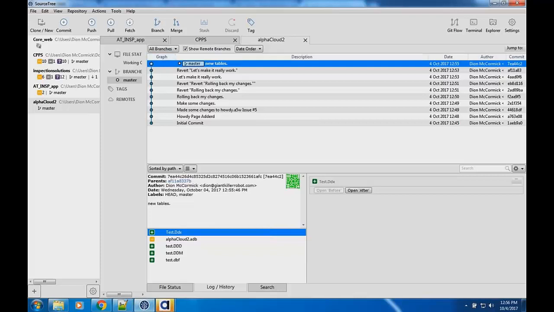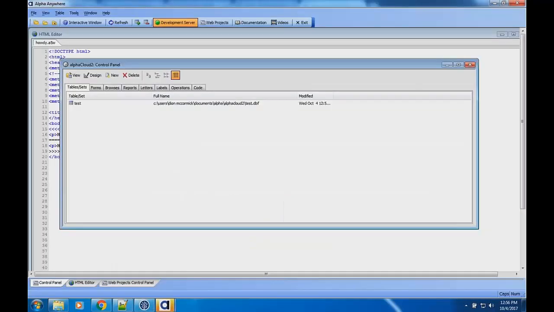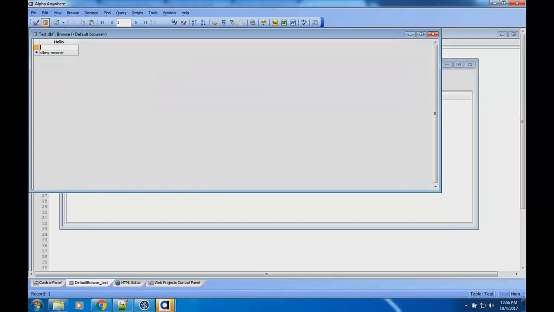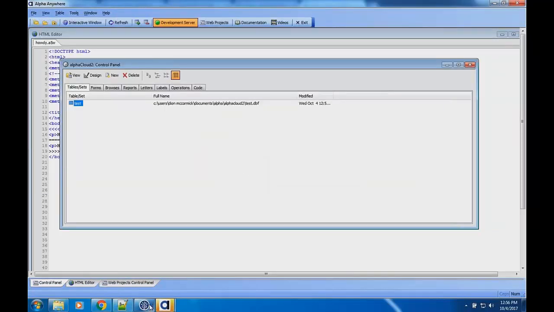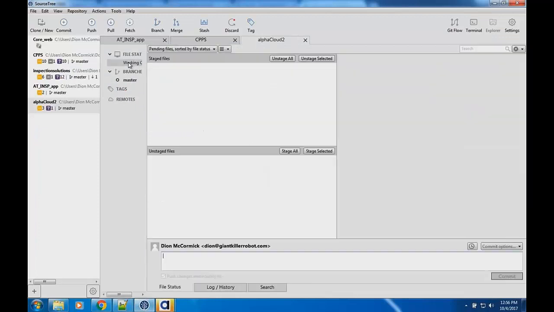In here you can say what's called ignore. So let me do a real quick change. Let's go ahead and make a modification there, test, okay, save, okay. So I go back into my repository, go to working copy. Okay, here's my changes here. You'll notice that it changed all these things because I changed it.